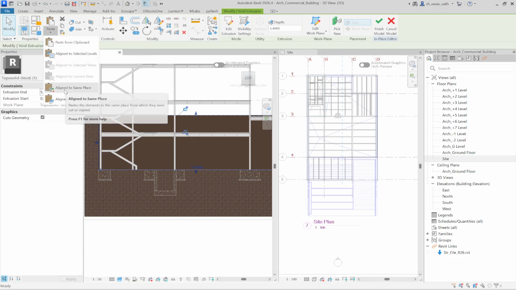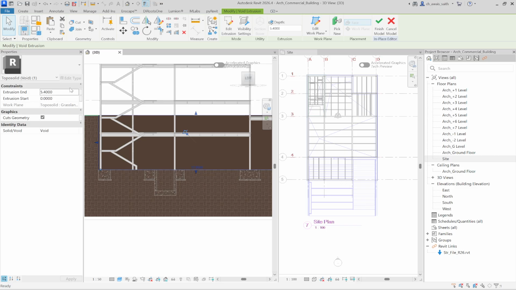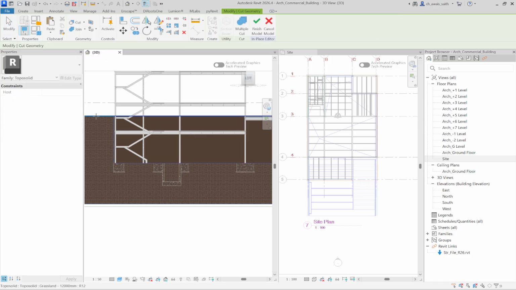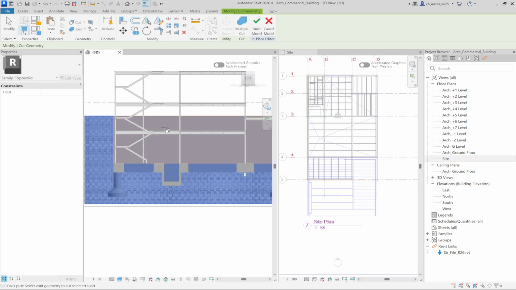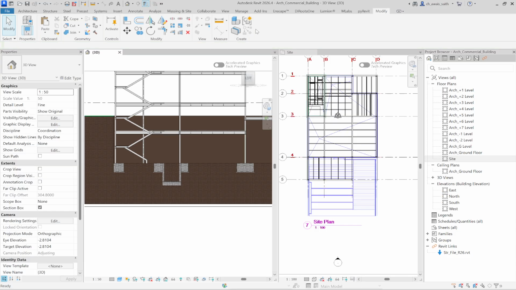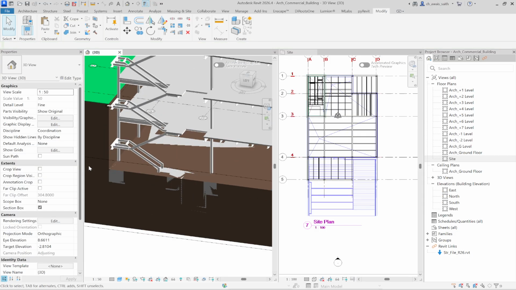Paste. Align to same place. And then cut it from outer to the inner one. Make it finish. And then see